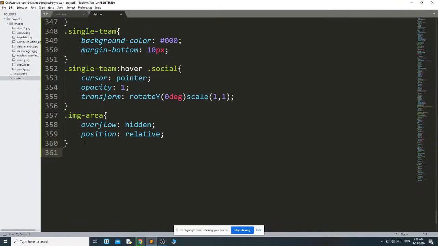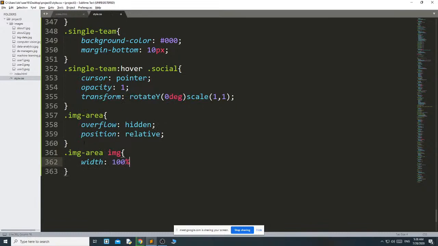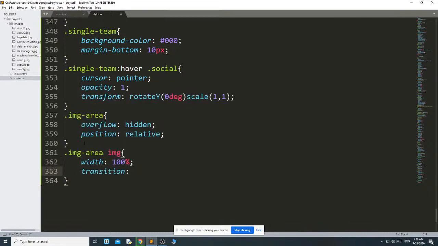Okay. Then dot image-area img, I just set the image width as 100% and transition all 0.4 seconds.